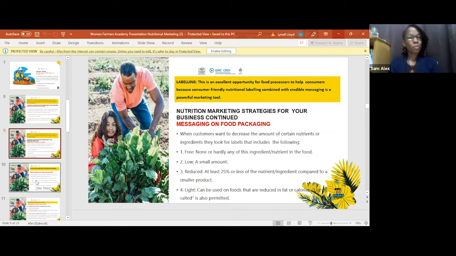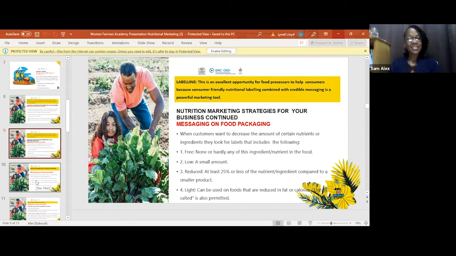So for example, if your product says reduced sugar and you're selling biscuits, right? A biscuit made with sweet potato flour, a sweet potato chocolate chip biscuit, for instance, and it says reduced, it means that compared to another brand that sells that same product, you have 25% less than what theirs contains, in terms of what is standard on the market. So for example, we have some juices made in the Caribbean which have 30 grams of sugar. Your juice would probably be reduced. If it's reduced, then it means that it would have 25% or less. So it could have 10%, it could have 5%, but less than what is standard out there, okay?